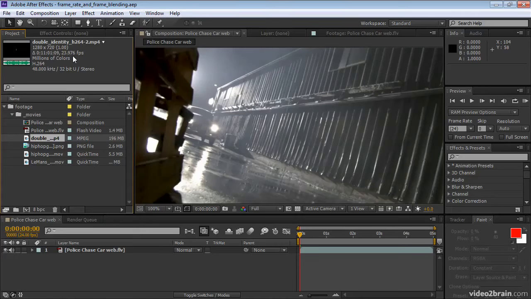The reason that this is 23.976 instead of simply 24 is, frankly, a little confusing and buried in history, and is closely related to the fact that 29.97 frames per second is the standard frame rate for NTSC video instead of 30 frames per second. 29.97 frames per second is 999 over 1000 times 30 frames per second. Similarly, 23.976 frames per second is 999 over 1000 times 24 frames per second. You don't need to understand why this is the case. You just need to know that when someone says 24 frames per second, they very nearly always mean 23.976 in